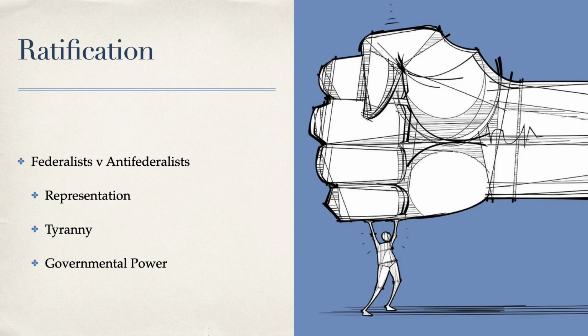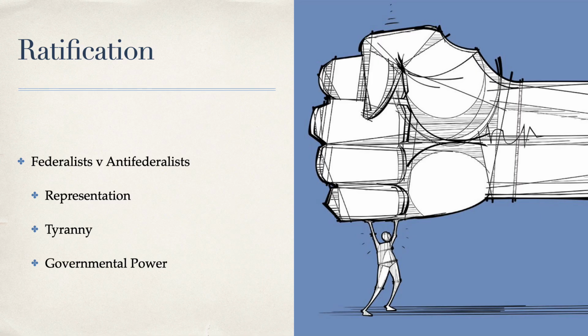representatives must be those who possess the most wisdom to discern and the most virtue to pursue the common good of society. Another fear was the threat of tyranny. What is tyranny? It's the unjust rule by the group in power. Anti-Federalists thought the great danger was the tendency of Republican governments to become gradually more aristocratic, basically meaning that the government would eventually become ruled by a small group. And they feared that members of the small group in authority would use their position of authority to gain more and more power over the citizens.